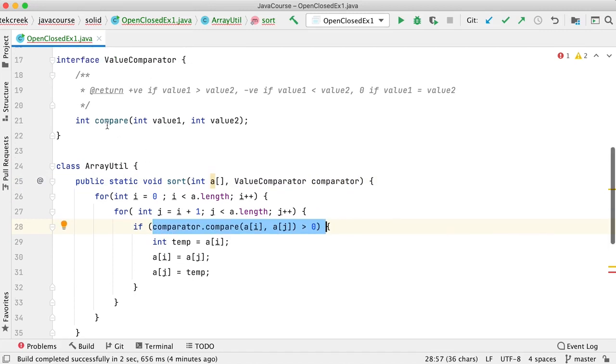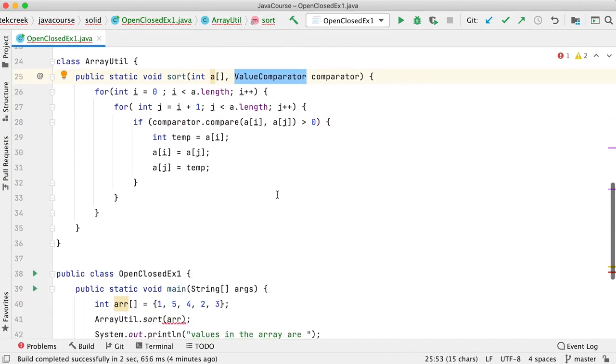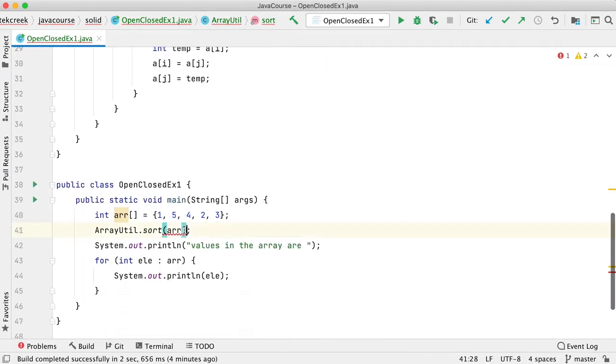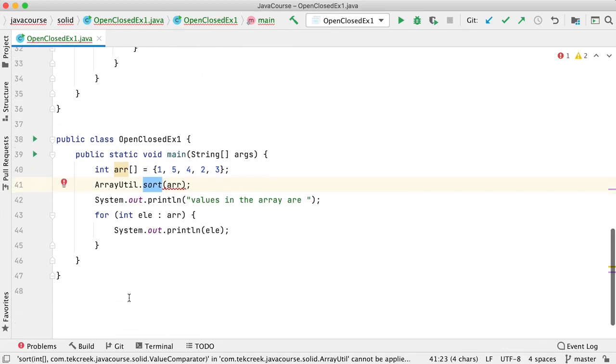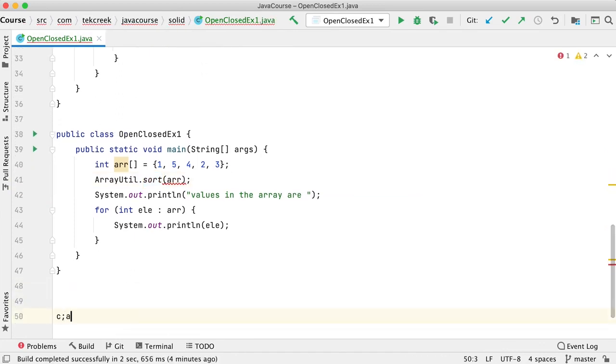I think we are good here, right? Now somebody who is making a call needs to implement the comparator and give it to us. So I cannot make a simple call to sort. I'll write it here: class AscendingOrderComparator implements ValueComparator.